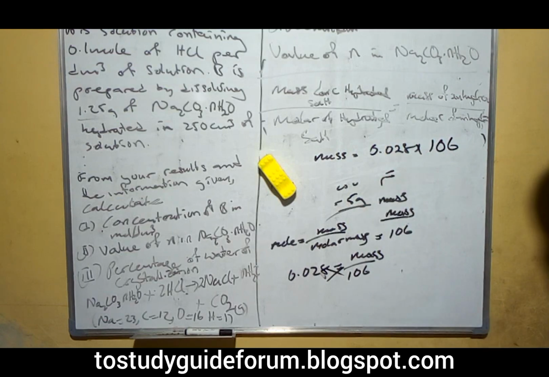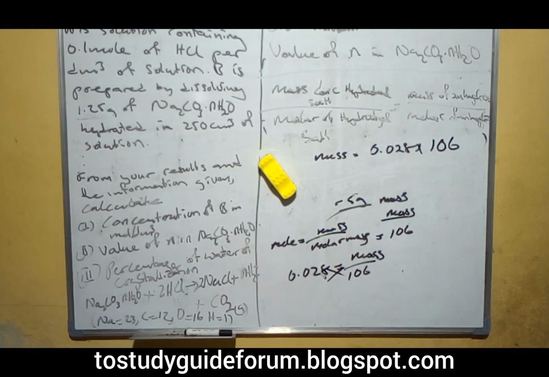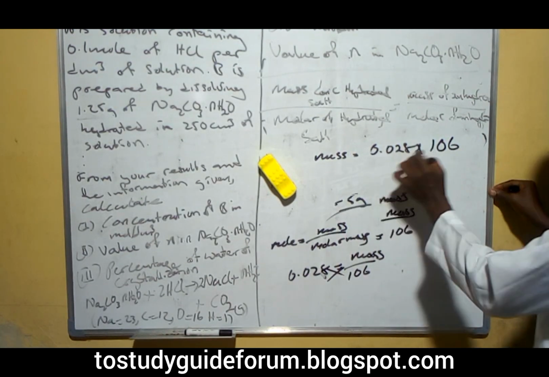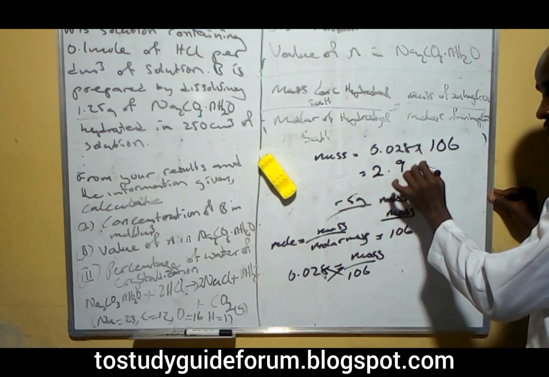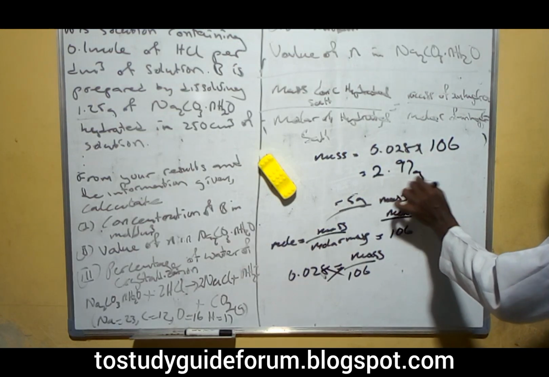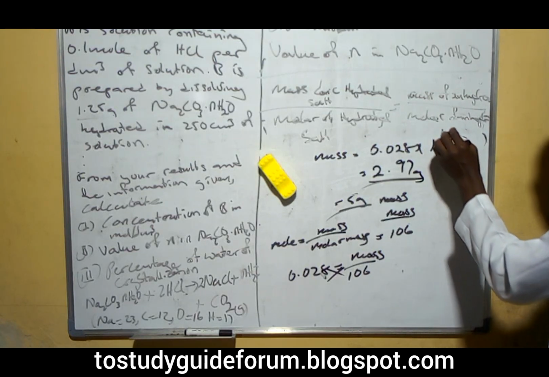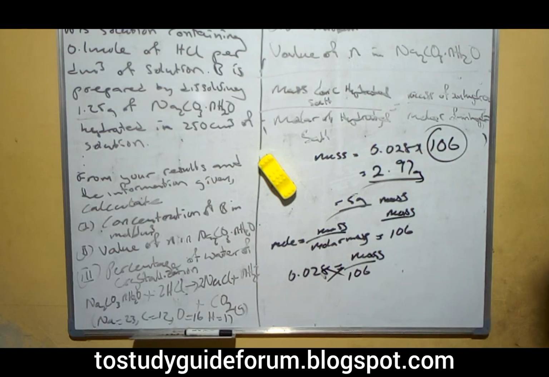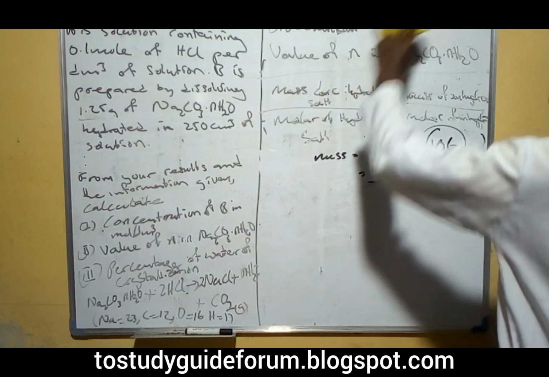That will give us the mass of anhydrous salt, which will be equal to this multiplying, and we will have it to be 2.97 grams. So this is the mass for this. The molar mass of anhydrous salt is the same thing as this 106. So what we're going to do now is substitute based on what we have here in order to get